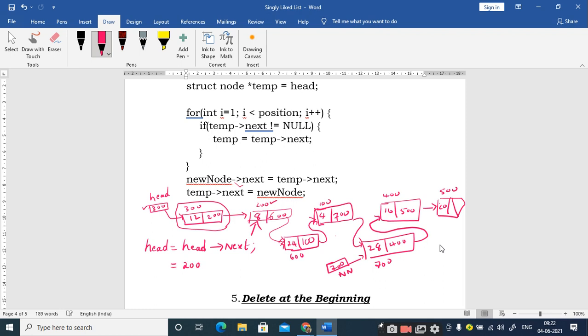200, sir. I am just assigning the value of 200 to head. So what happens here is the 300, which is already present inside this head pointer, is overwritten by 200, right? So when I make this head pointer point to 200, I am making this head point to this second node. Whenever a head is pointing to a particular node, we can assume that the linked list is starting from that node only, right? So this is how you can delete a node from the beginning.